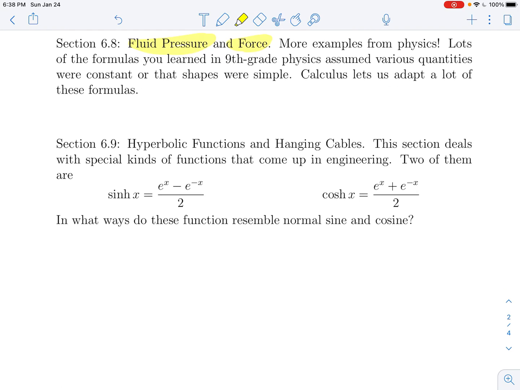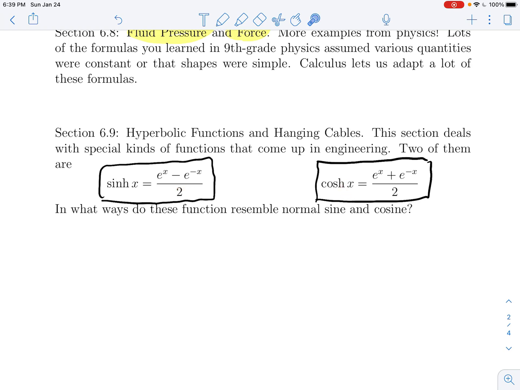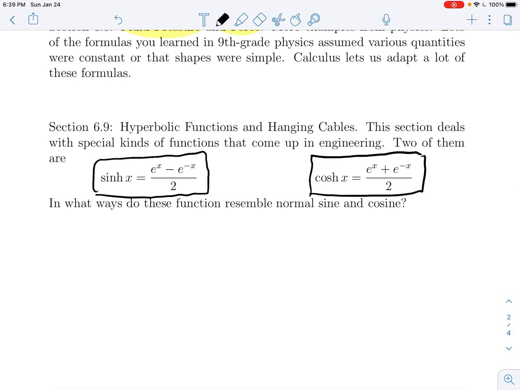Section 6.9 is about hyperbolic functions and hanging cables. It introduces two functions called hyperbolic sine and hyperbolic cosine. And these are not trigonometric, but if you were to graph these functions or take their derivatives and see how the derivatives relate to each other, you would notice that they behave in a way that is somewhat reminiscent of sine and cosine. Hyperbolic cosine is an interesting one. The graph is what's called a catenary, C-A-T-E,